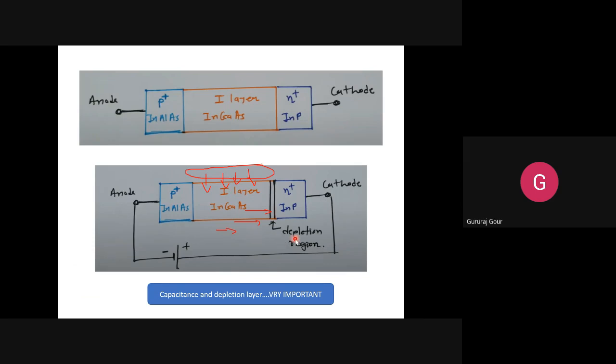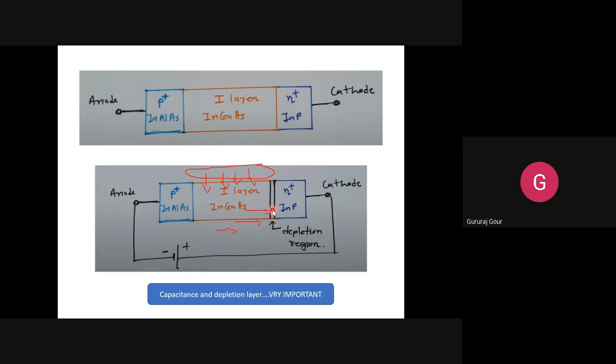So try to understand. This pin diode is going to operate in two modes. We are now focusing on the forward bias mode. In the unbiased or forward bias condition, because of the small depletion region, most of the current is contributed by the majority carriers. We all know this. It is acting like a normal rectifier diode. And some current is also contributed by the photons absorbed by this intrinsic layer, which is very much less.